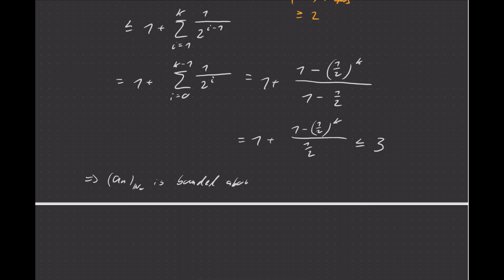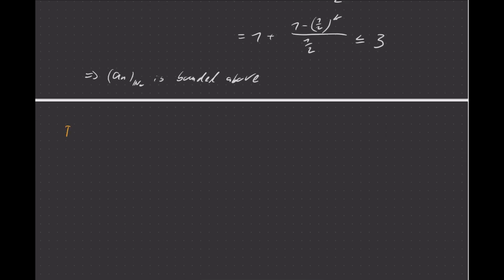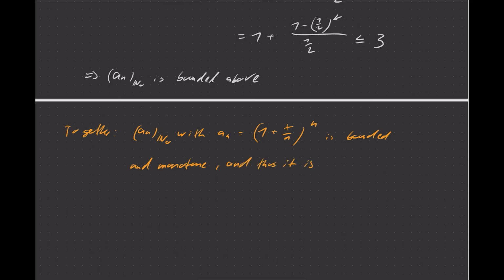So we finally have seen that a_n is in fact bounded. It's bounded above, and it's increasing, so it's also bounded below by just the first term, a_0. So what that means is, together, we have seen that the sequence a_n, defined as 1 plus x over n to the power of n, is bounded and monotone, and thus it is convergent. So we know it has a limit,